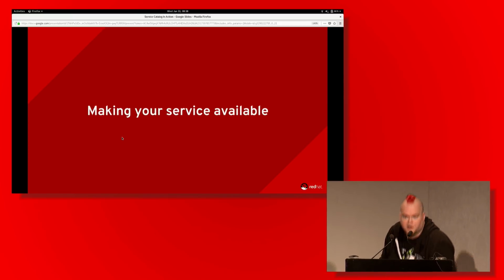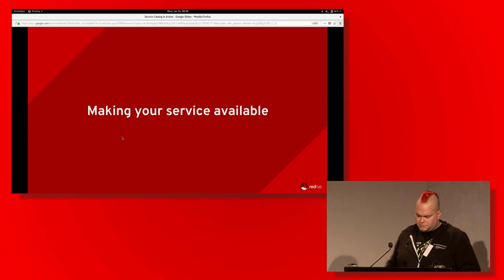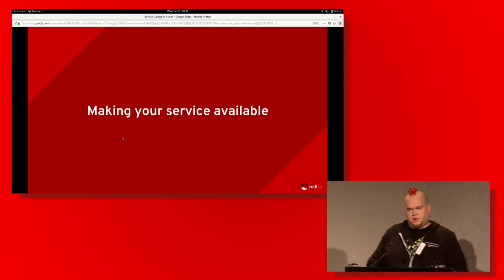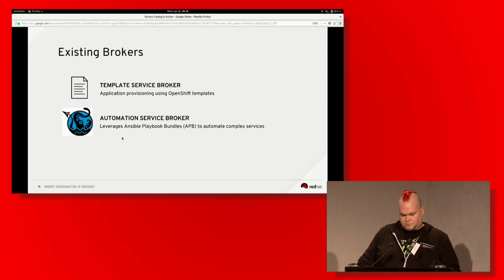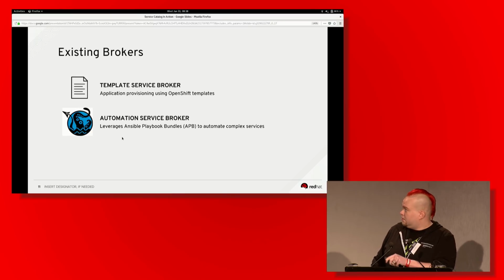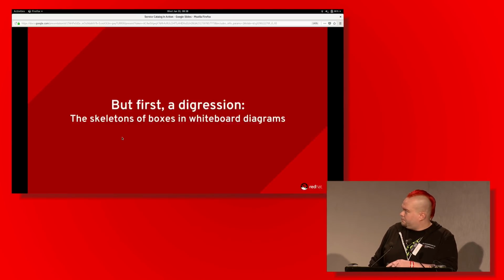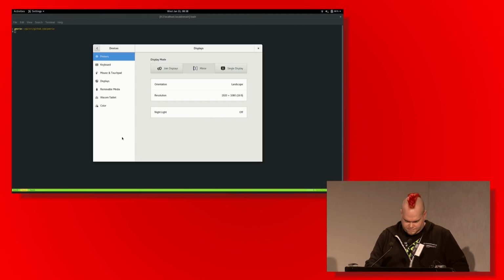So on that note, let's talk about making your service available. Those two brokers that we talked about are easy on-ramps. If you can write an OpenShift template, you can integrate with the template service broker. If you can write Ansible playbooks, you can integrate with the now called the automation service broker, which, just for the record, I believe has the coolest